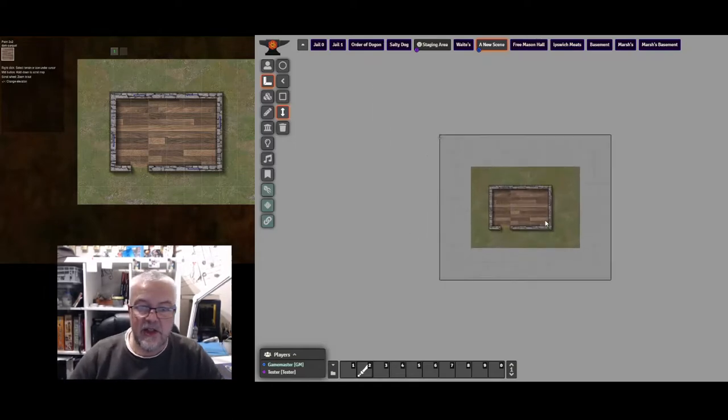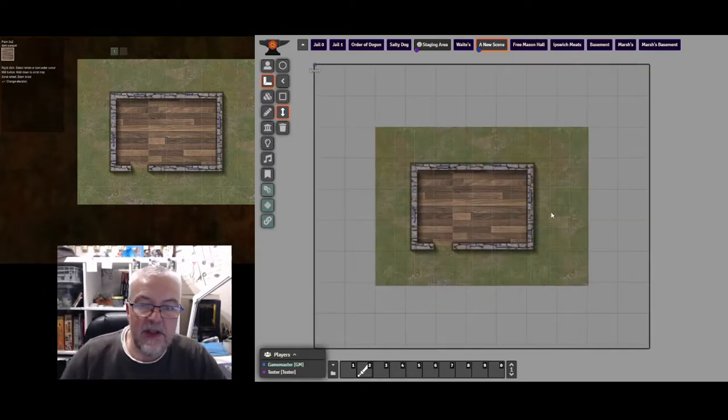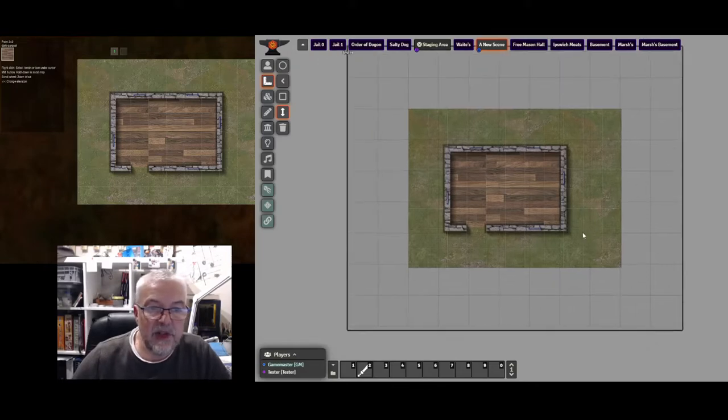Click and drag it in and zoom it in. So there it is. Now, the reason I left the grid on that time when I was going to switch it off: the black lines here are the grid lines from Foundry, and these little light ones are the ones that came in from